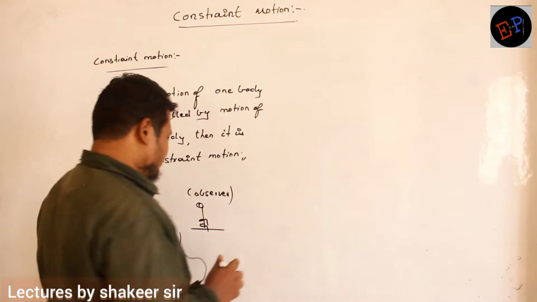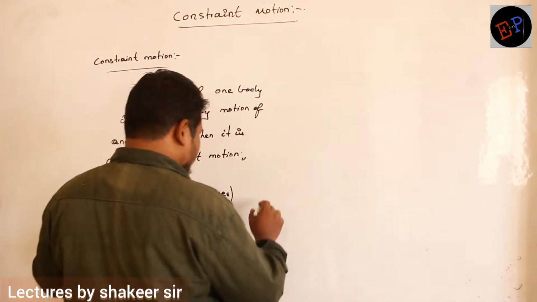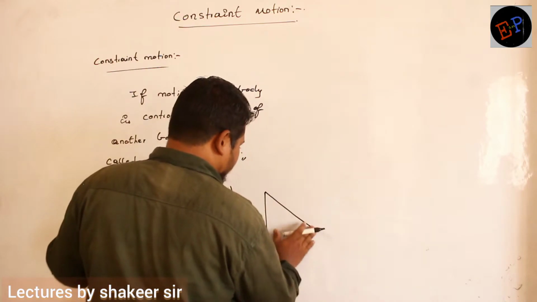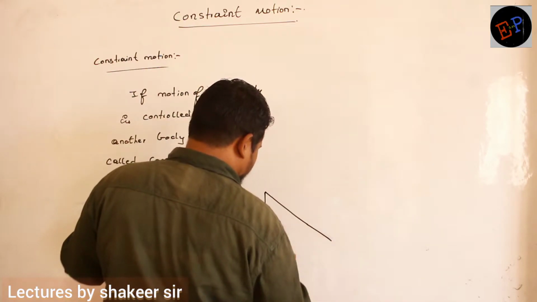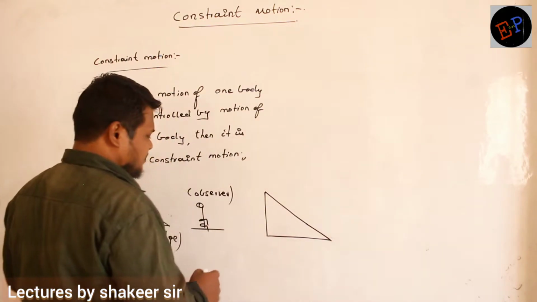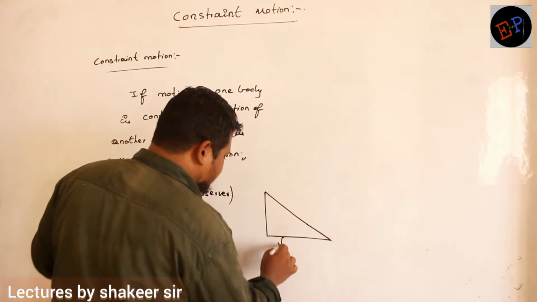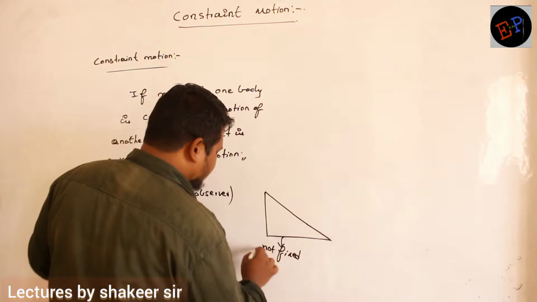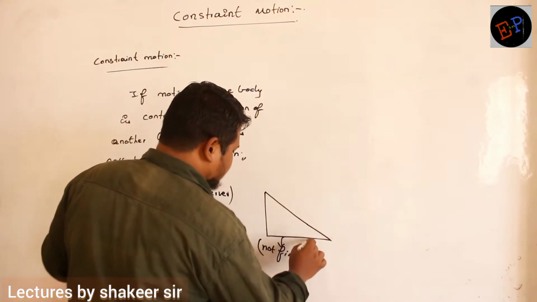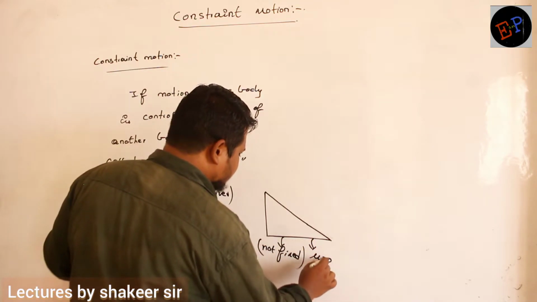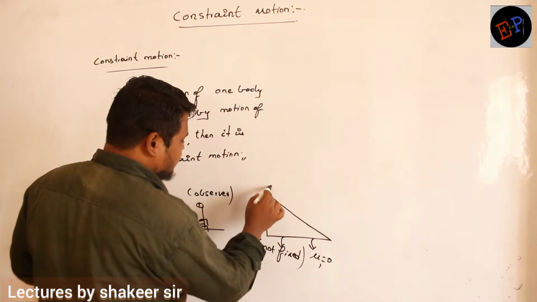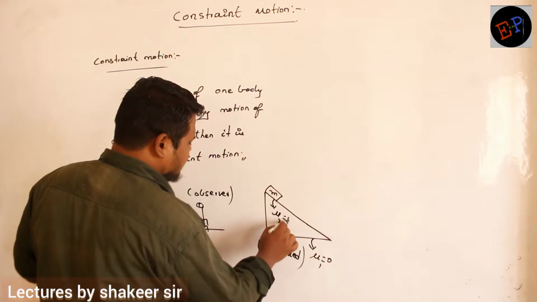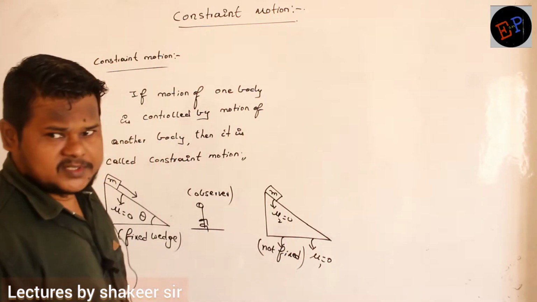Now let us see one more example. I will take the same wooden wedge. Same wedge I am taking here. Now what is happening to this wedge? This wedge is not fixed. The wedge is not fixed, and the coefficient of friction is 0, and here there is a body of mass m. Here also the coefficient of friction is again 0. Are you able to understand?